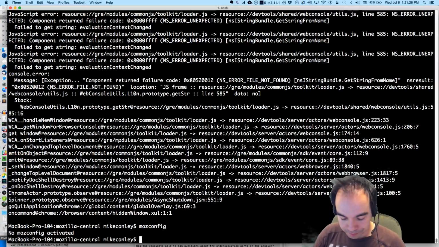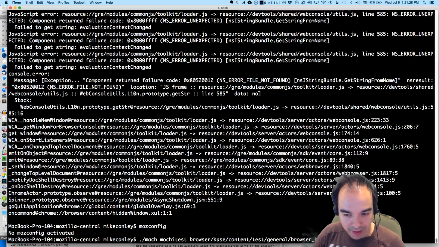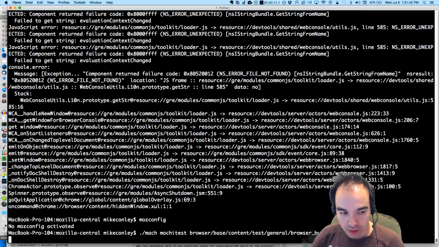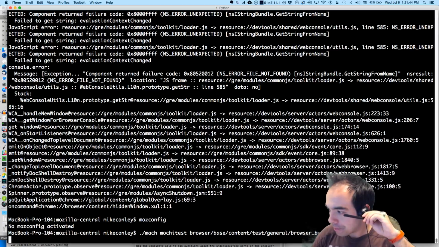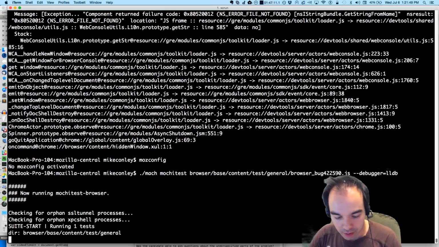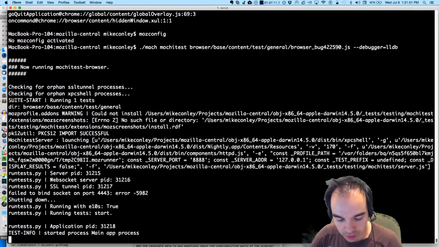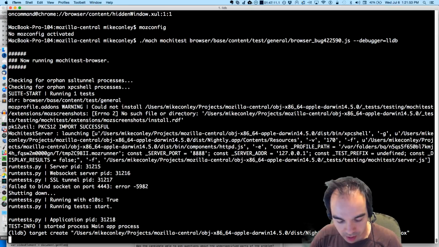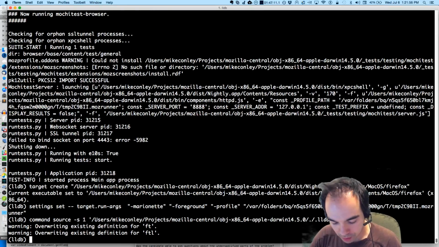Well, what I'll do is I'm going to run the test, but I'm going to do it in the debugger, with LLDB. I feel good. I feel like we're on the right track here. I was worried before. I thought we were about to go into a downward spiral, or I thought it was racy tests again, and that always takes forever.